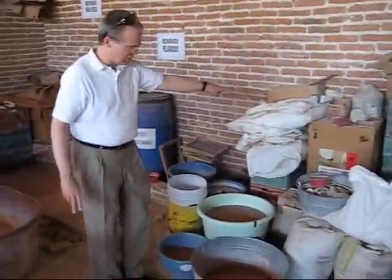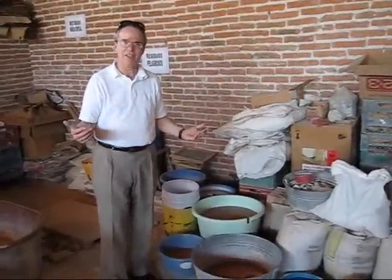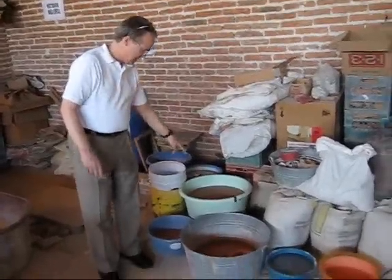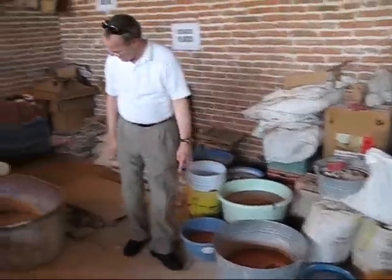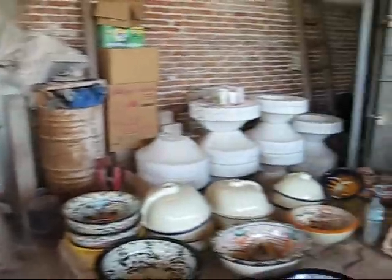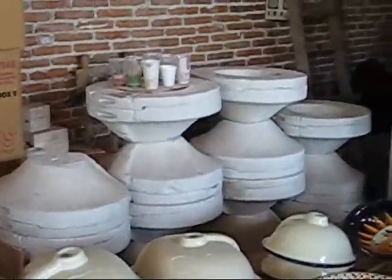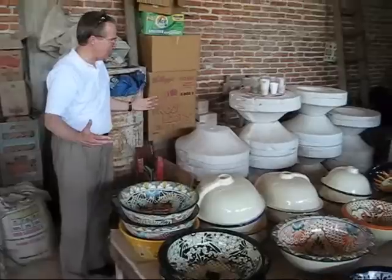It comes in bags of dirt. They then refine it through a grid to get out all the impurities, and then they mix it with water and use one of the molds to the appropriate style of sink. They fill the mold, let the